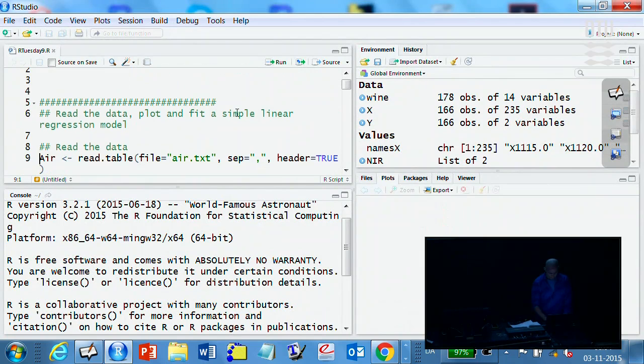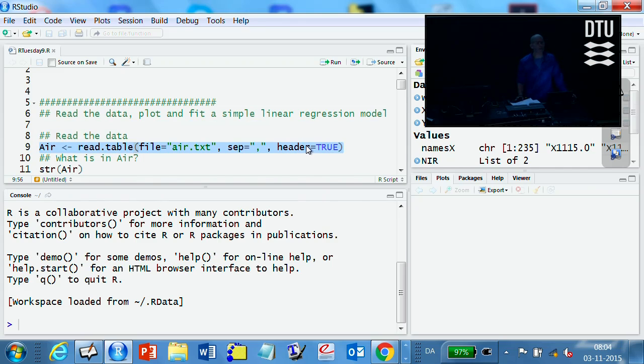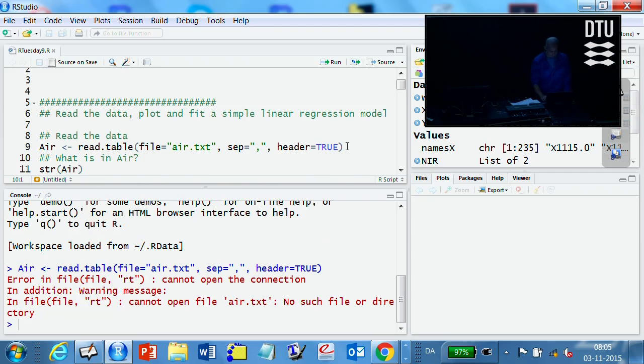So, I read the data. First line. I hope you have seen some of this before. This is the realistic way, or at least one version of it, that data will hit you in a data file, and then you need some way to read the data file into R. This is one such way, using the read.table function. Basically, this can read in anything on raw ASCII form. If you are able to use these two, combined with the third, the dec, the decimal point, it works by default here, but